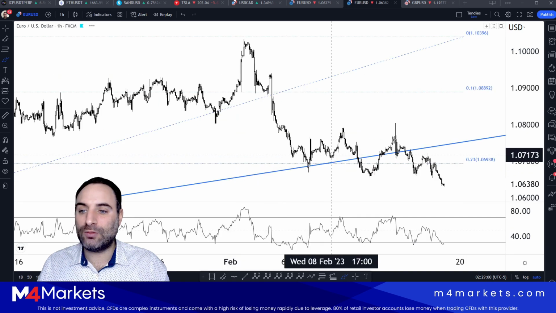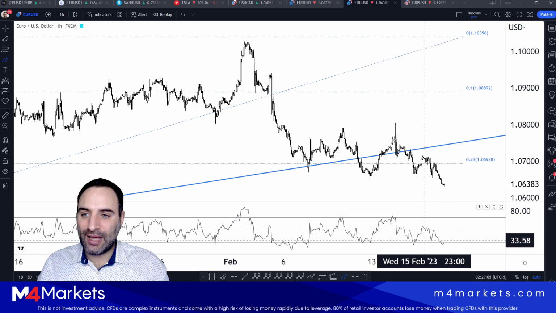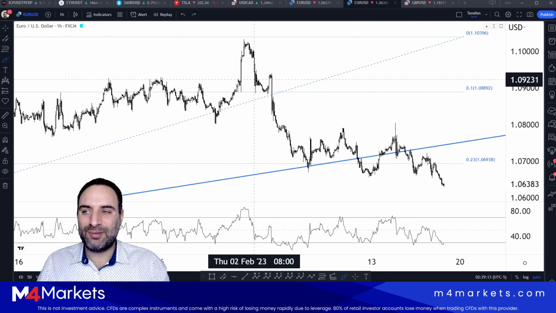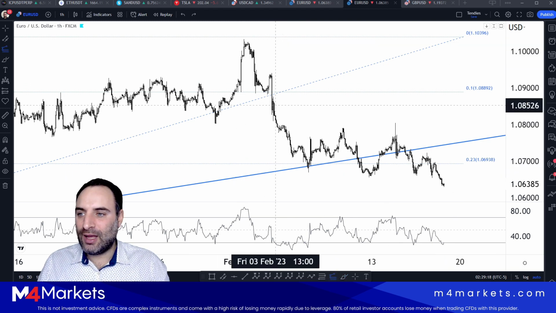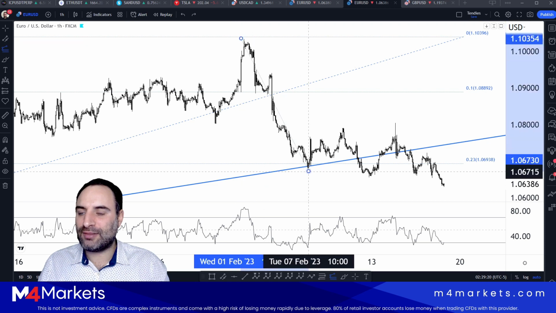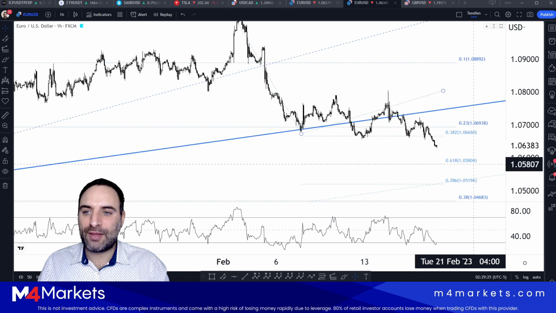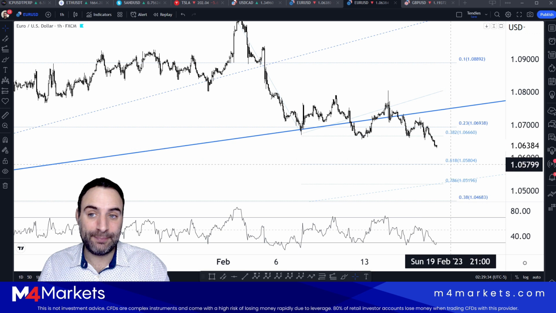Now, if we go down on the 1 hour, we are going to notice that they keep breaking, okay? That suggests that the bias is still to the downside in the medium term. And what we ought to do now, because we have had this 5-wave leg to the downside and then the correction up here, is look at the 61.8. This is below the 106, okay? So 105.80, in case we do see another slide today,